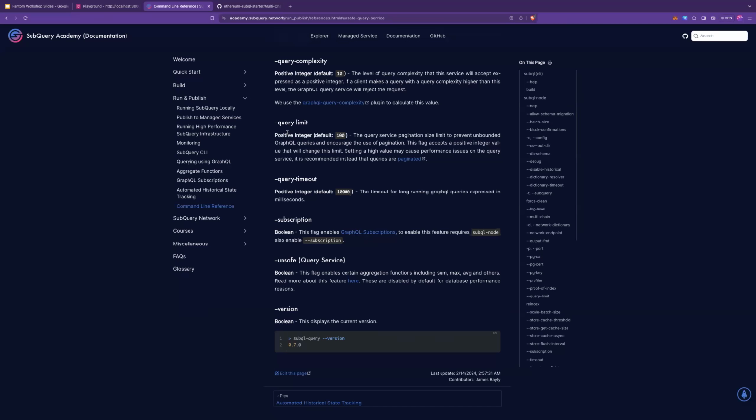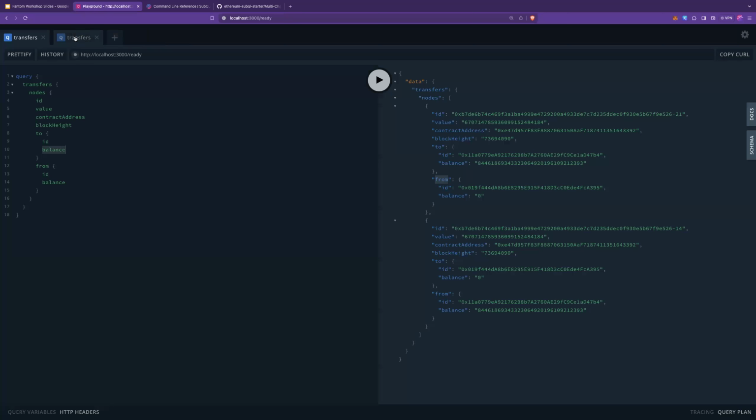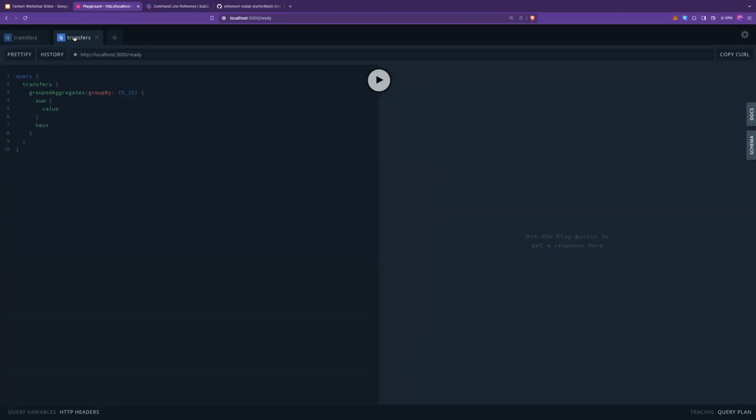So if you're launching your SubQuery project and want to enable the aggregations, you should be cautious of potential attacks from anyone, as making those aggregation queries can probably be a risk to a project. But for the sake of example, I had the unsafe flag enabled for the project that we've just been working on.